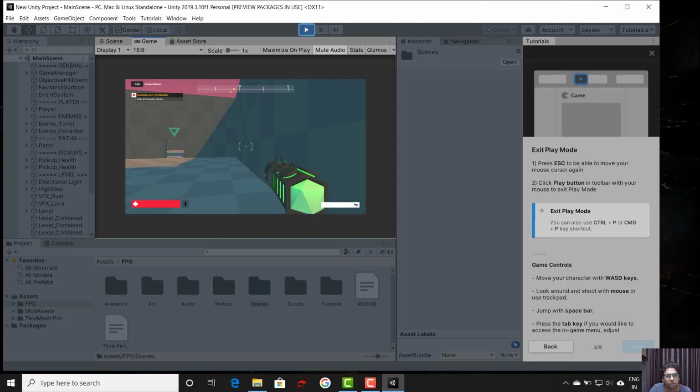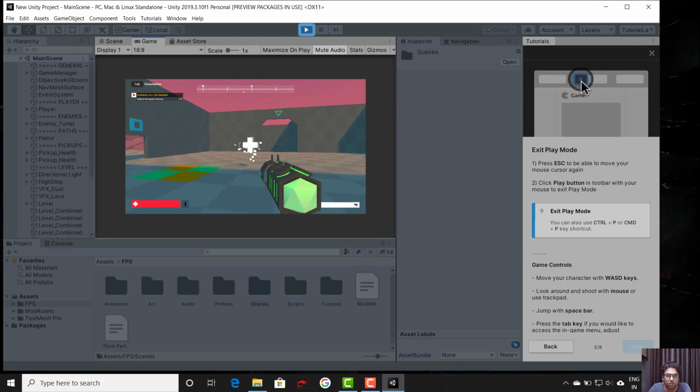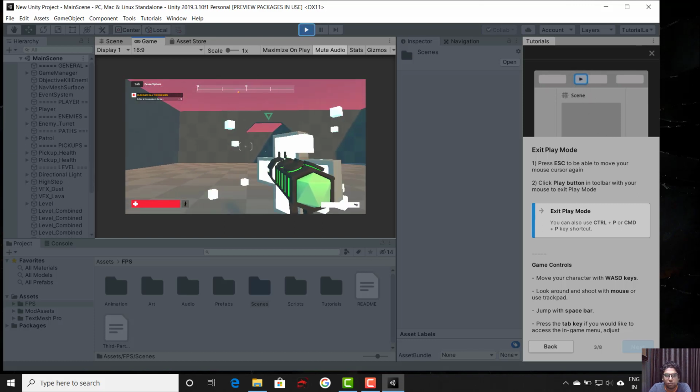So there are some controls given over here on the right hand side. It says that you can move with the WASD keys or maybe the arrow keys. In case you want to jump, you can click the space bar. If you can see, there is some black colored body over there, that is your enemy. So I can hit that by clicking the left mouse button. So this is how I'm going to move it, right?